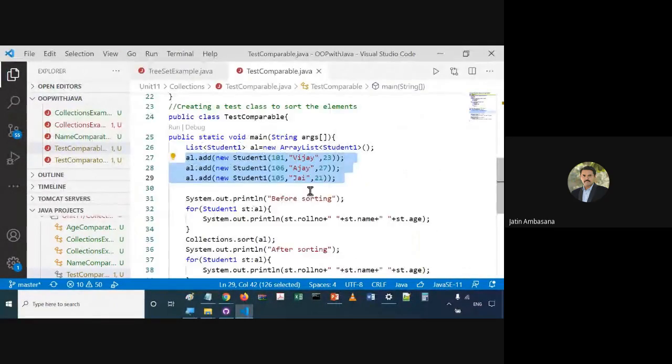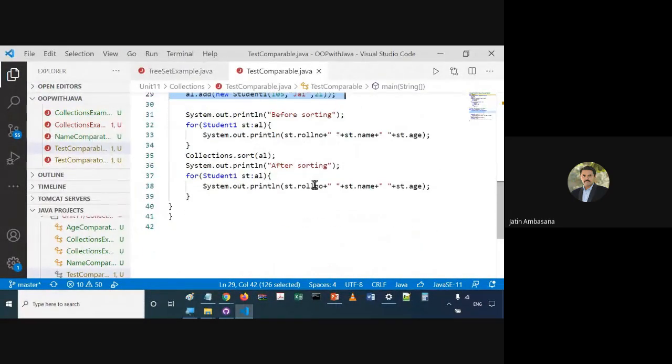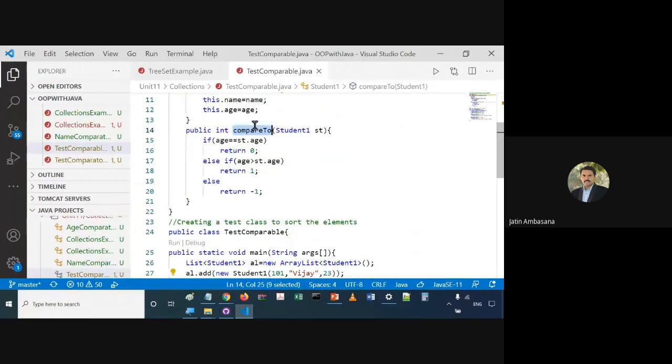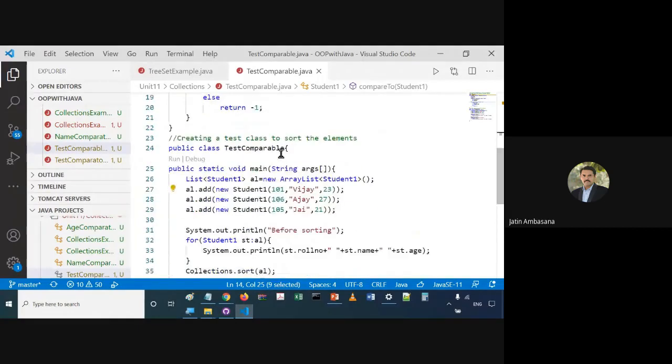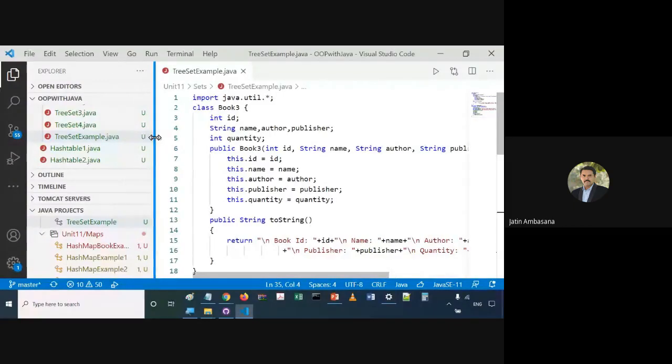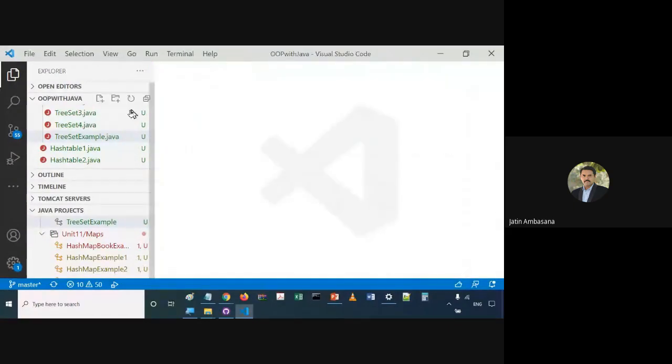So that is comparator, comparable. You can compare two objects using the compareTo method, and that compareTo method will be invoked when you pass a collection of those objects to this sort method. Now let's see what a comparator is. If your class has not implemented Comparable, you can still compare objects of that class using a Comparator. Let me show you an example of a comparator.